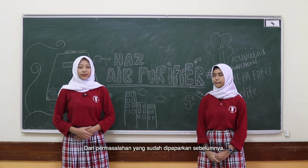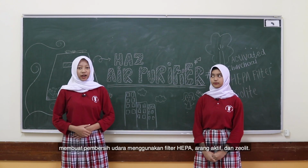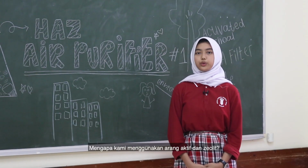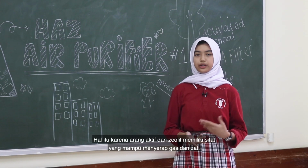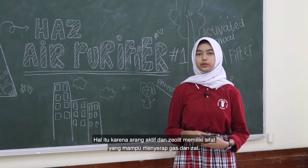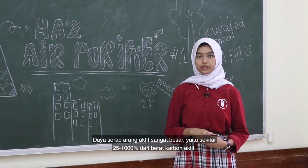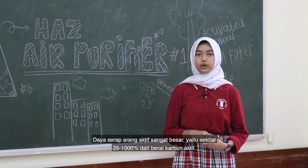From the problem that has been presented previously, we decided to do an experiment making an air purifier using HEPA filter, activated charcoal, and zeolite. Why do we use activated charcoal and zeolite? That's because activated charcoal and zeolite have properties that are able to absorb gases and substances. The absorption capacity of activated charcoal is very large, which is about 25 until 1000% by the weight of activated